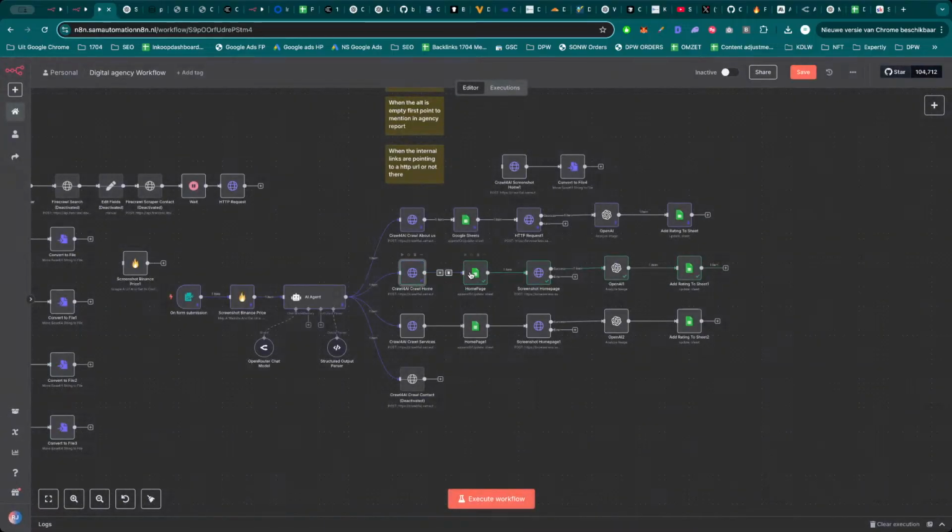We will have to pin these nodes so they won't run again. Save it. Let's execute this and let's